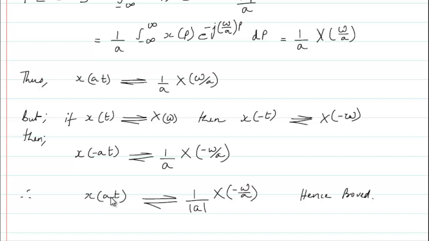But if a is going to be negative, then I should have written here plus omega. Sorry, this is plus omega. Okay, so please correct this. It is capital X of omega by a. That means if it is going to be negative here, then automatically it will be negative here, so it will look like this. But if it's positive here, then it should be capital X of omega by a. So you can write this as plus omega. Okay, so hence that property is proved.